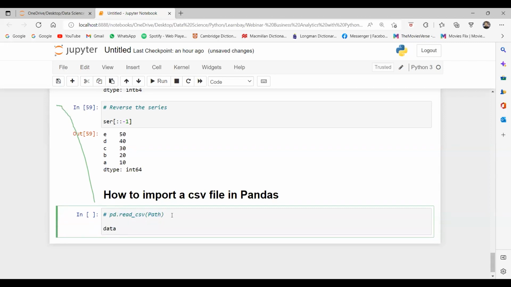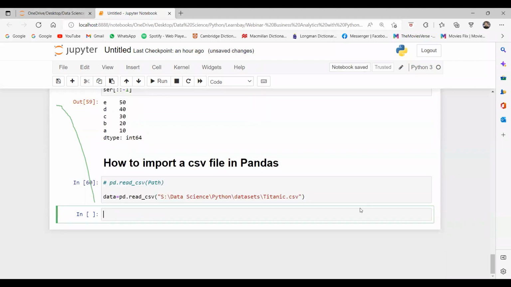For example, I need to import data. I have taken a variable, data equal to pd.read_csv, and here let me give the path of a file. So this is the path of the file, guys.